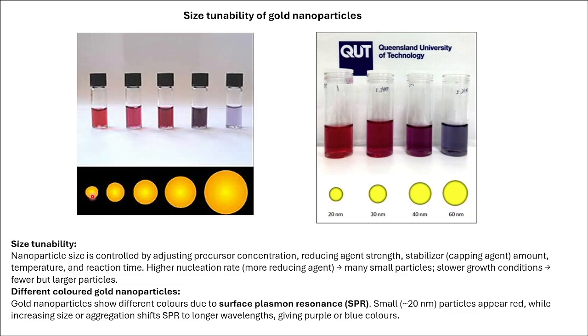When the size is very small, like suppose in the range of 10 nanometers or below, the color that you would see would be red wine in color. And as these nanoparticles grow in size, like if you are getting a larger nanoparticle above 50 nanometers, it would start turning purplish. Because it's in the nanometer range, you cannot see it by naked eye. So obviously you have to perform the characterization, you have to do the electron microscopy to actually visualize what size these nanoparticles are formed.